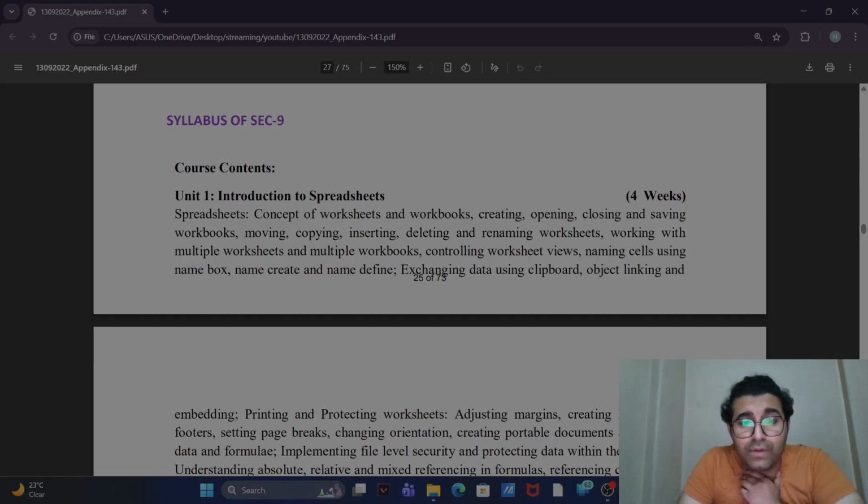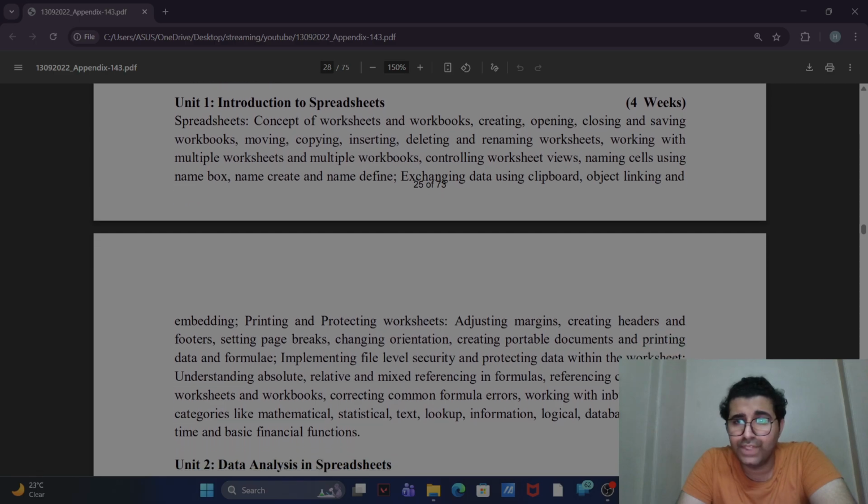Spreadsheets, concept of workbooks and worksheets, creating, opening, closing, and saving workbooks, moving, copying, inserting, deleting, and renaming worksheets, working with multiple worksheets and multiple workbooks, controlling worksheet views, naming cells using name box, name create, and name define, exchanging data using clipboard, object linking and embedding, printing and projecting worksheets, adjusting margins and creating headers and footers, setting page breaks, changing orientation,